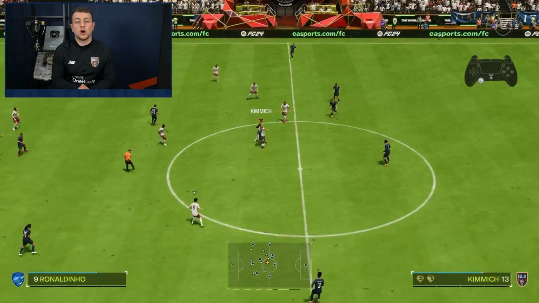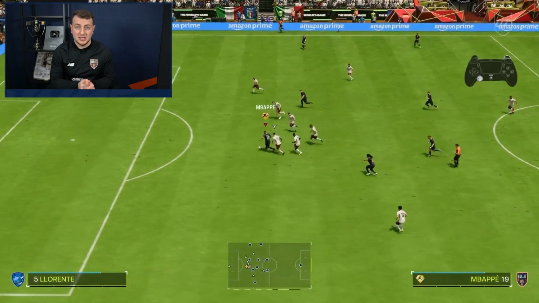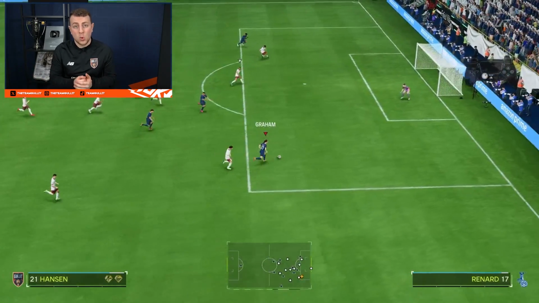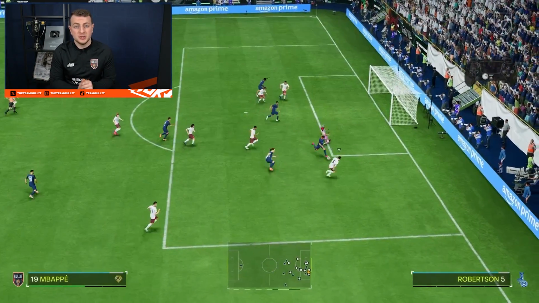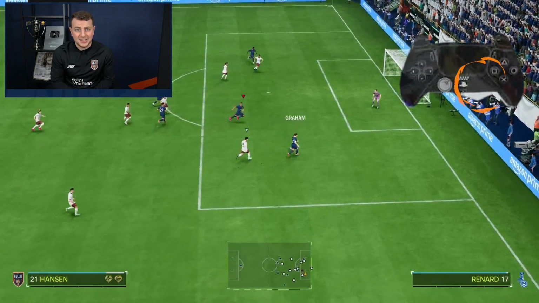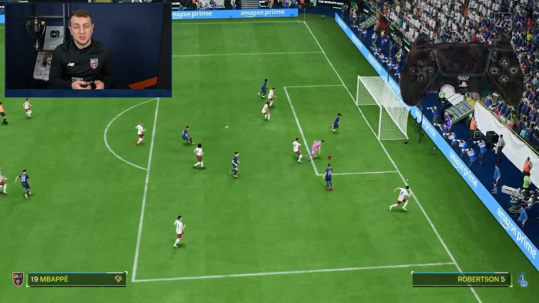The next skill move I'm talking about is the reverse Elastico. This skill move is very complicated as well, because you can only do it with 5-star skillers. But when you have a 5-star skiller, you surely gotta use the skill move. Perform the reverse Elastico by simply flicking your right stick 3/4. And after, you can do a sprint boost, you can do whatever you want, but I'll show you a few